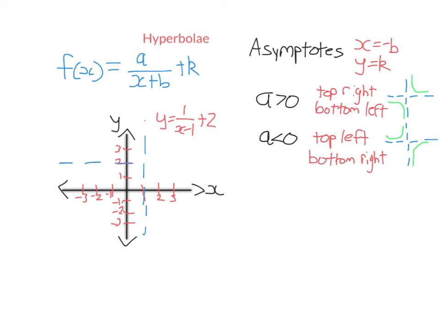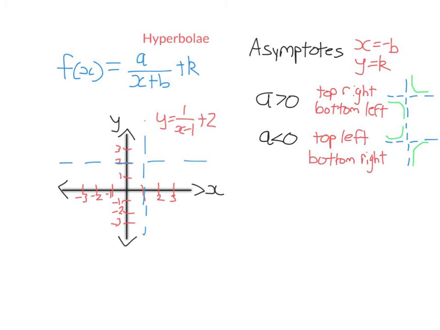So I'm going to draw that in. So y equals 2 here, k value is 2. That's why that's the asymptote. Now, because this number here is positive, a is 1, it's going to live in the top right, bottom left. See, the asymptotes have split it into quadrants. It's going to live in the top right and bottom left. So it's going to be up here and here. But we sort of don't know, do I draw it over here and over here, or is it a bit closer? So to do that, I'm just going to find a point in each quadrant to mark through which the